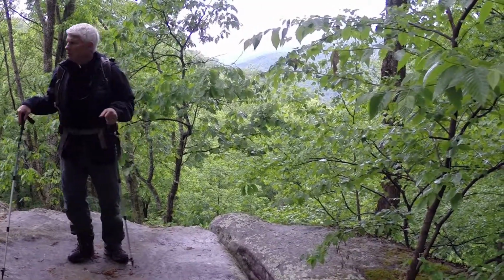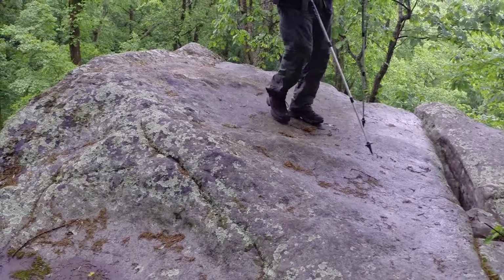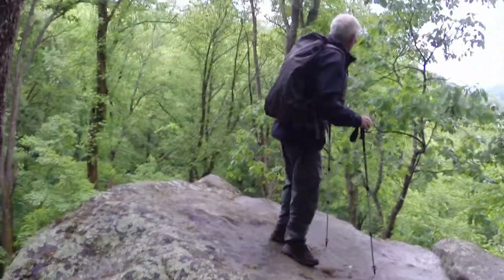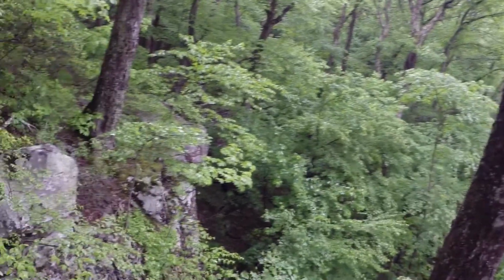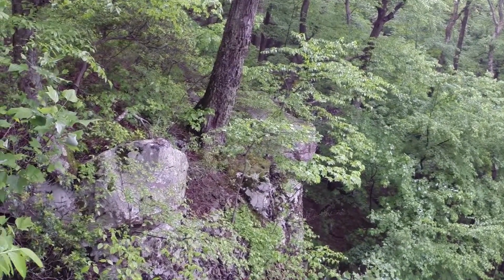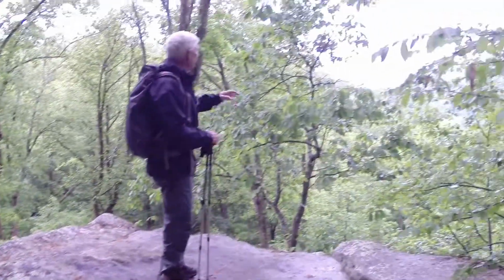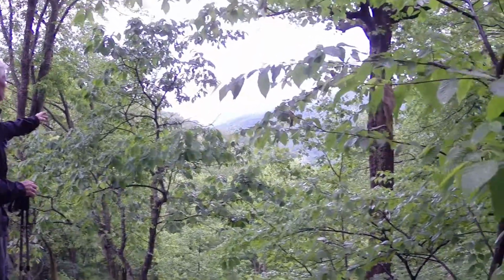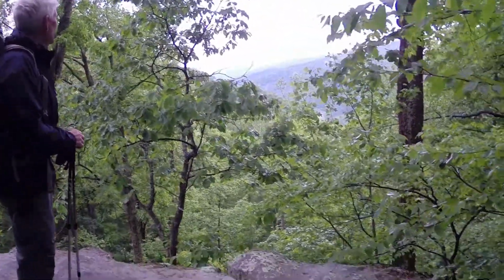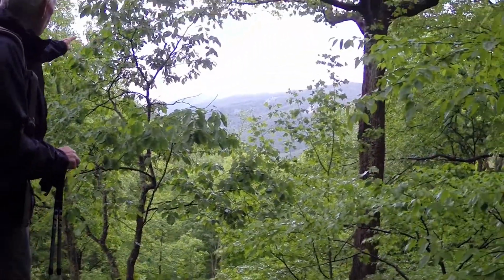Again, this is Pennsylvania sandstone. There are a series of rock outcrops here that give us beautiful views across the Flat Fork Valley and to the crest of the ridge line where the Cumberland Trail will run. Part of that trail is in right now and loops around back into Frozen Head. We'll do that on another day, but it will eventually follow the crest of Bird Mountain all the way into